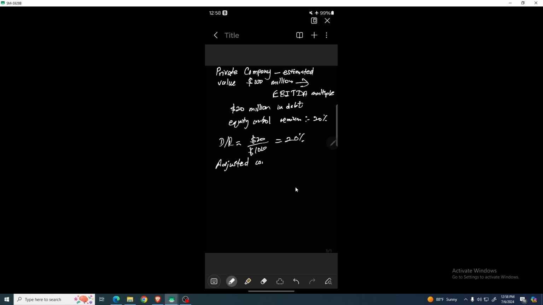Adjusted control premium, it is going to be 20 into 1 minus DR, 20 into 1 minus 0.2, which is 20% into 0.8, 4/5 of 20, that's going to be 16. So adjusted control premium is going to be 16%, and control adjusted firm value,